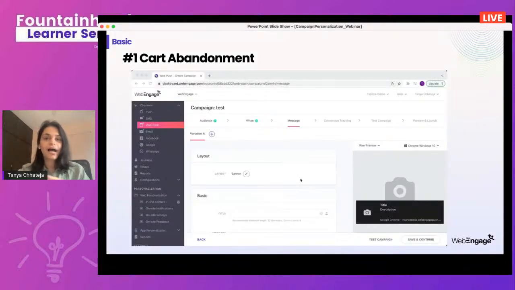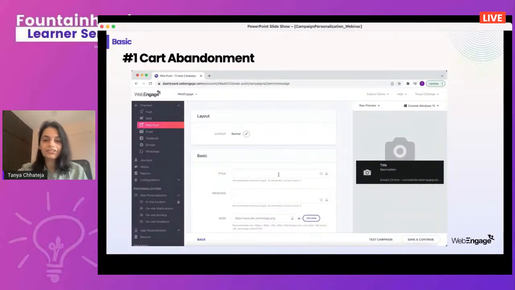Now, we'll just explain to you how you can go about creating a very simple cart abandonment personalization for any channel that you're working on. So here I am under the messaging part of the channel. I'm putting something on the lines of "Hi." I'll click on the human icon, go into user attributes and select first name, which will pick the first name